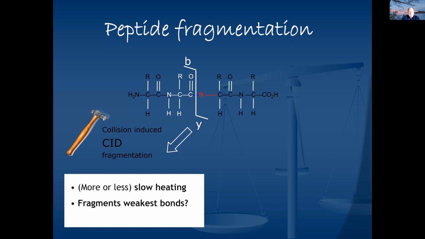And in a recent paper by Zhou Lu in JAX, he's also shown, and we've seen that before as well, that you can sometimes get interesting aspects of a higher order structure of a folding architecture of a protein from CID. But CID, collision-induced fragmentation, gives you B and Y ions, and as you all know, it is more or less like slow heating. So you actually really assume it breaks the weakest bonds, and that's typically the peptide bond. So you're not expecting to learn a lot of detail about how a protein is folded or what's dynamic,